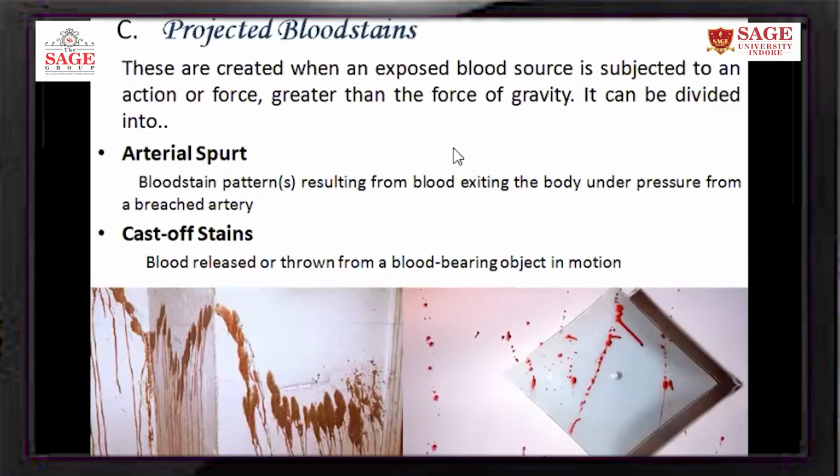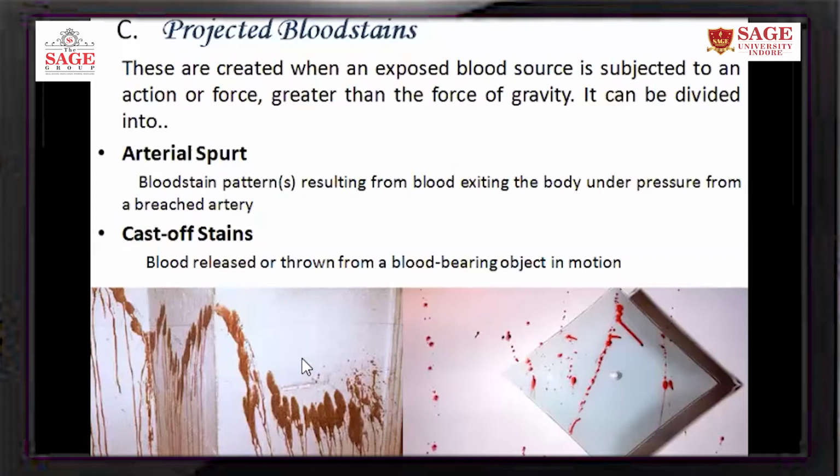There are two types, if you say. The first one is arterial spurt. Arterial spurt, if you can see my screen, is the wavy pattern formed. Say someone tries to slice the neck of the victim, but the victim tries to run. Due to the pumping of blood from the heart, there will be force from the heart and blood will be thrown from the cut region of the neck. So it